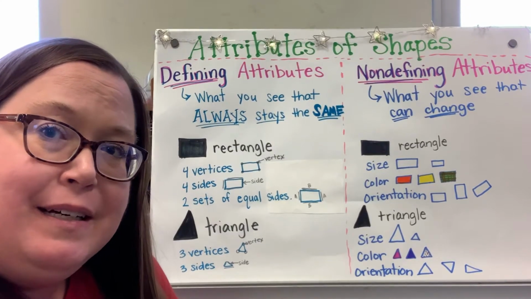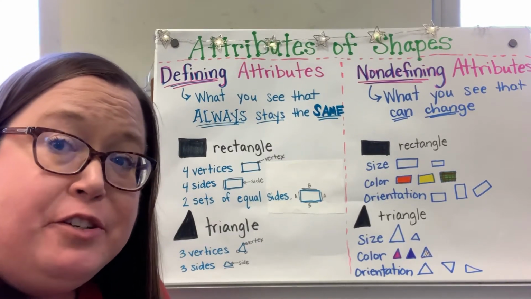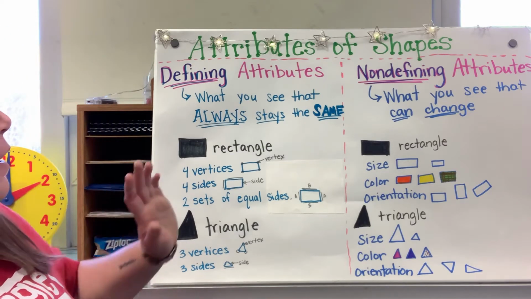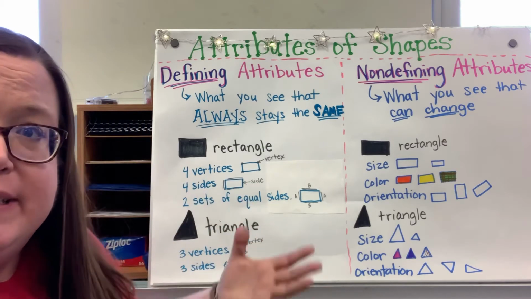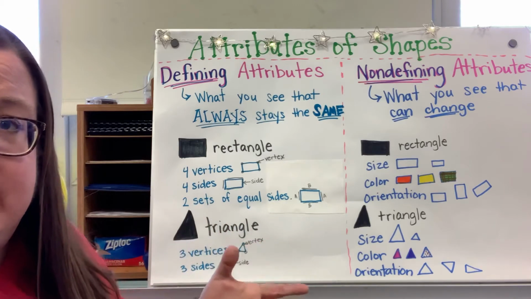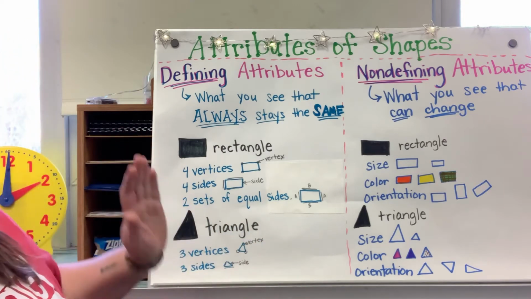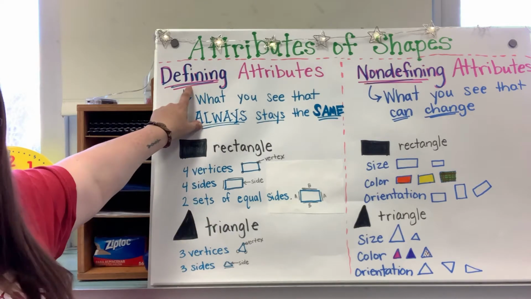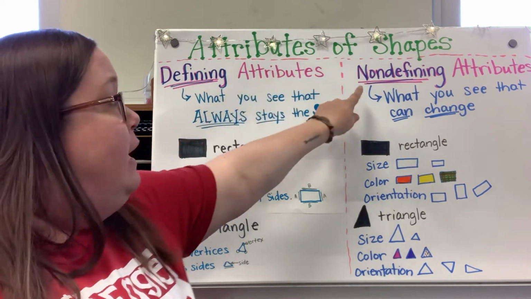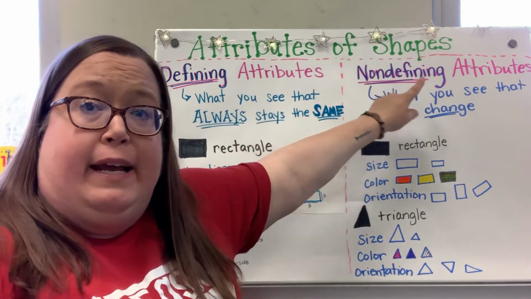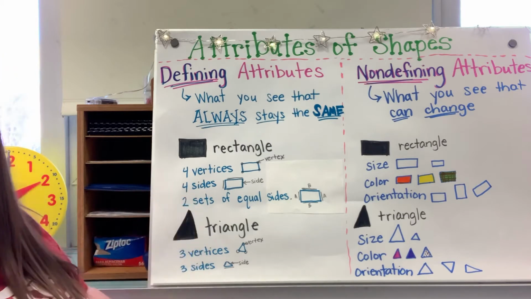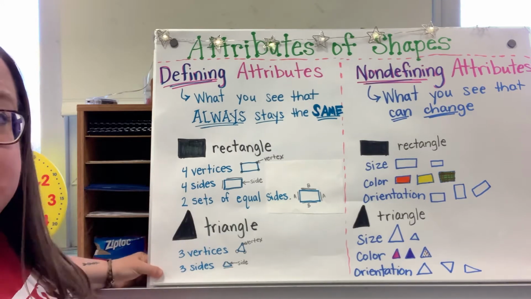Hi friends! I'd like to talk to you today about attributes of shapes. Attributes are the things that you can see, that you can tell about just by looking, okay? There are two different types of attributes. There are what's called defining attributes and non-defining attributes. We're going to talk about both kinds here, and I'll give you some examples so that you really understand,